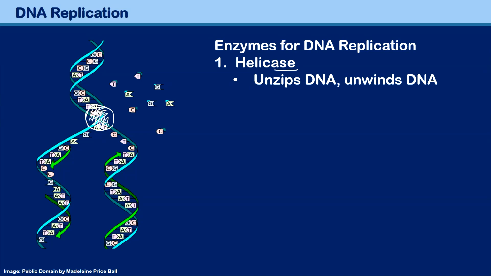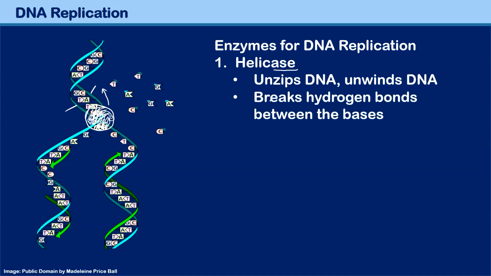I'm going to remove it again later to make it easier to see. But right now, this helicase moves in this direction and separates this strand of the DNA and this strand. And you see down here that they're already separated. And that's the job of the helicase. In this process, it breaks hydrogen bonds. And these hydrogen bonds can be found here in between the bases, between the G and the C and the A and the T. This is basically where you find the hydrogen bonds, and the helicase breaks these hydrogen bonds